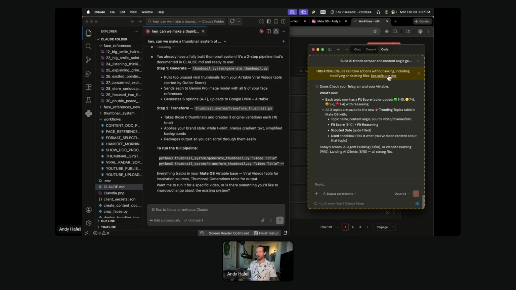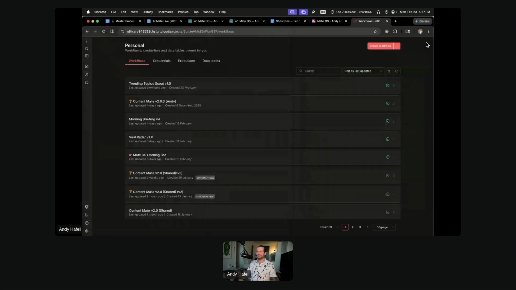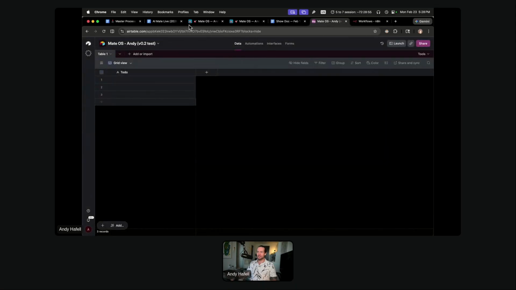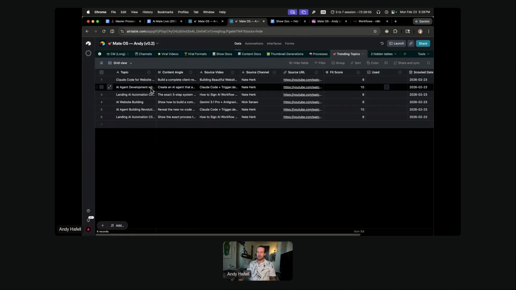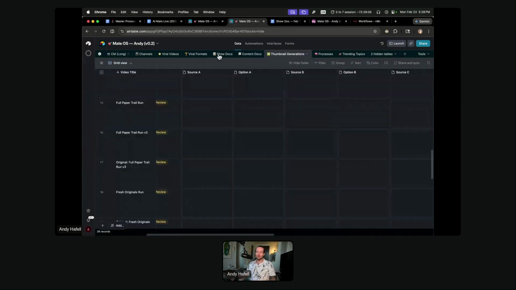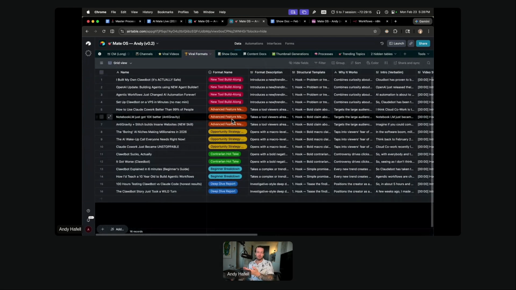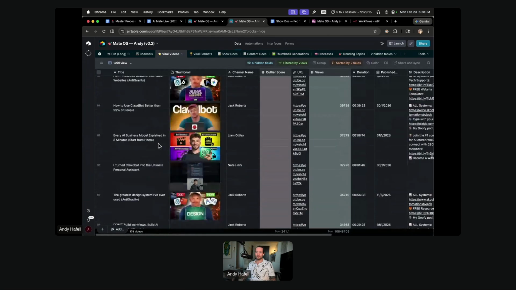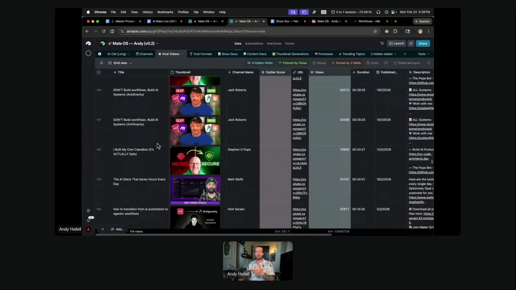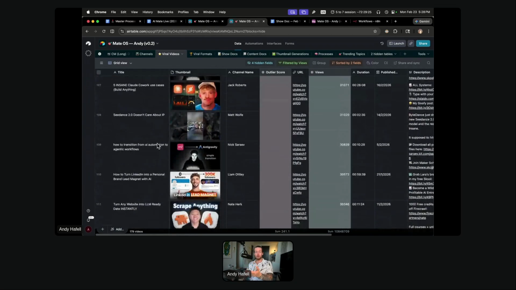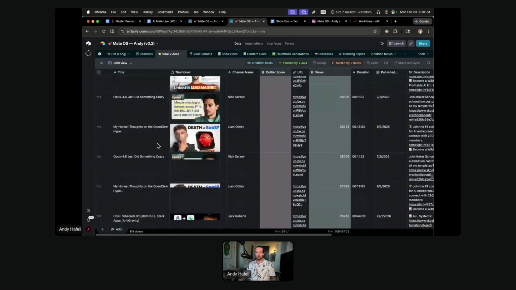And here we go. We have actually created the Telegram Airtable. So here inside of Mate OS, which is not the test one, but this is yours, right? So you would have this in yours. As you can see, we have the trending topics. I wish I asked it to grab the thumbnails as well, because it looks quite cool if we grab the thumbnails. But of course, just ask it to grab the thumbnails. It's perfectly fine. Like this one, for example, I really like how everything looks here. One of the things I haven't asked it about is removing duplicates. So there's a bunch of duplicates. I just made version 1.